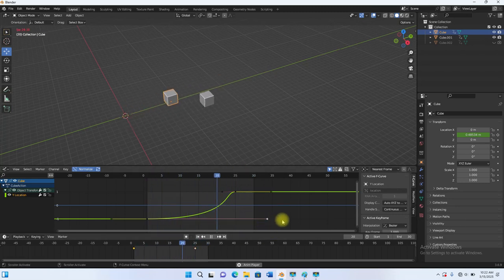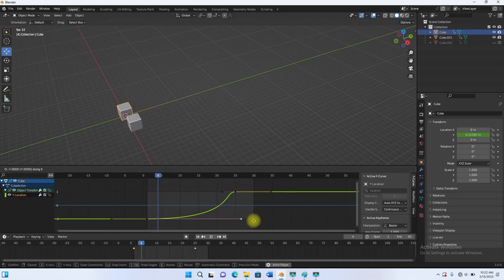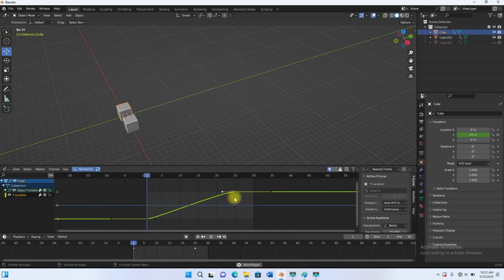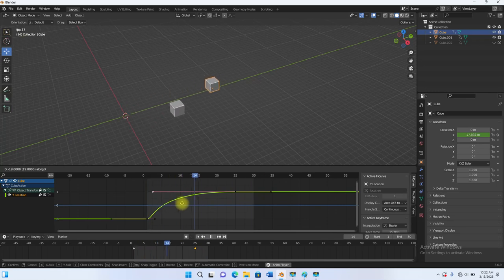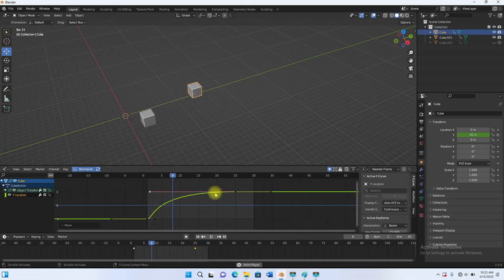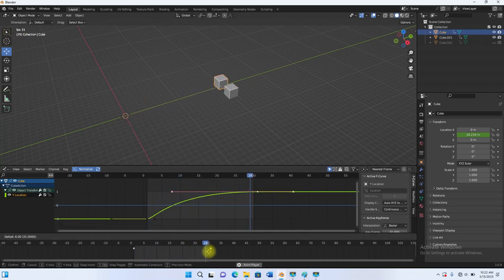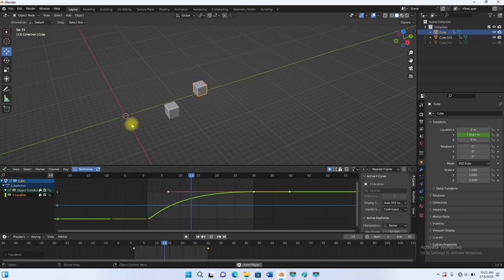And if I select this point again, I want to do it the other way. I want the movement to be fast, like so, while it slows in. So GX to bring this in. What this means is that it's going to start really fast and then slow down to an end. See, it jumps up and then gradually slows down. So that's another way to do it. You see, most of the speed is really fast at the beginning and then slows down. So you can decide